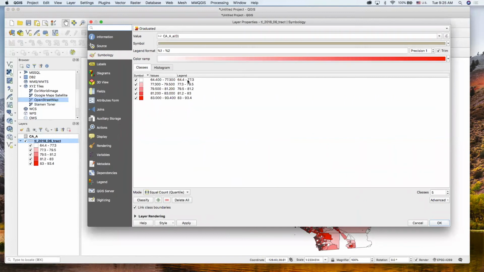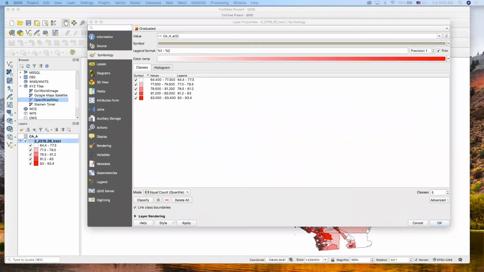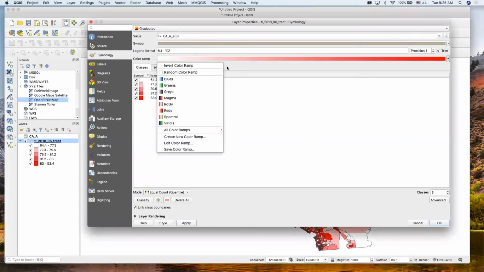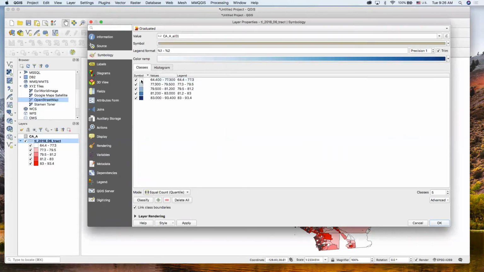Okay, so I want to work on the symbology. This is using a red color ramp, but in my example, I'm using a blue. I think the 5 categories is fine, but I want to change this to blues. But again, know that you can change this color ramp. You can use sort of color theory to figure out the best color scheme that works for the data you're trying to represent. And you can use those resources, Color Brewer,